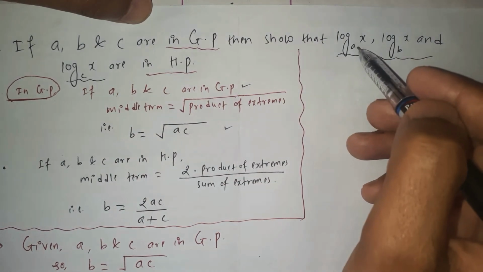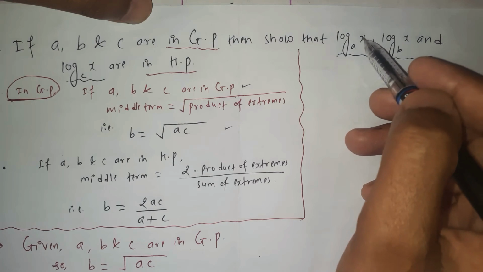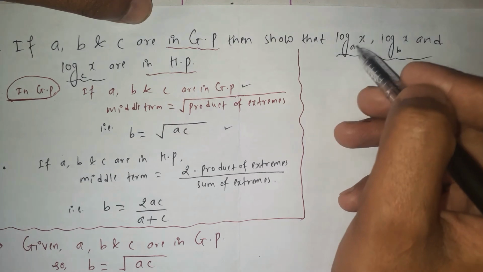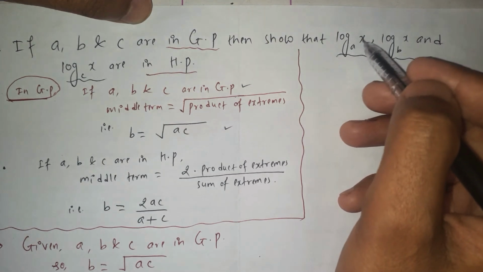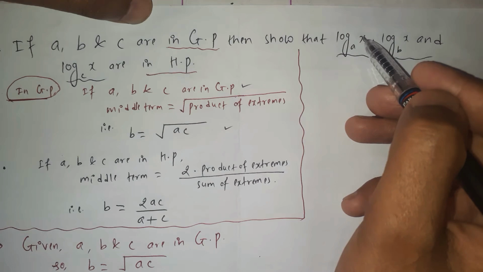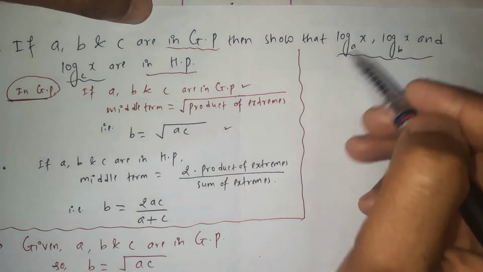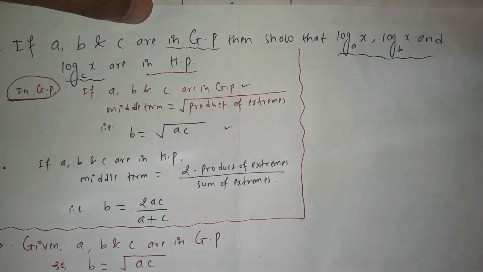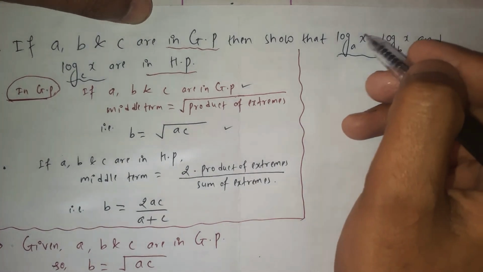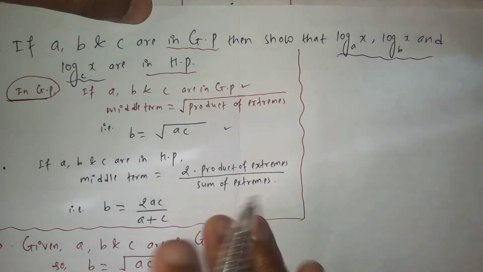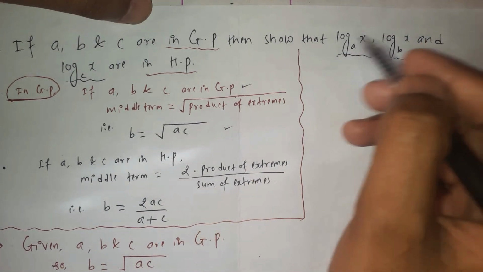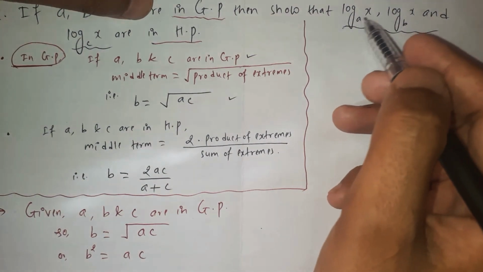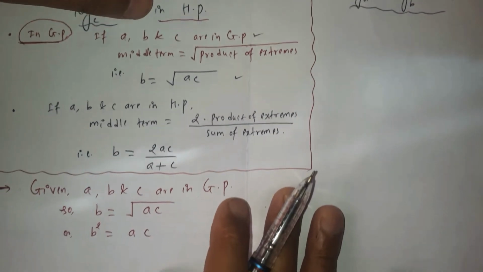x is introduced. Here the x is in the argument section. Finally, we can interchange the base and the argument; that does not matter here. This argument can be brought to the base. We can interchange both the argument and the base in the logarithm. We already studied that property. So for introducing the x in our problem, let's take the logarithm with base x on both sides of these equations.